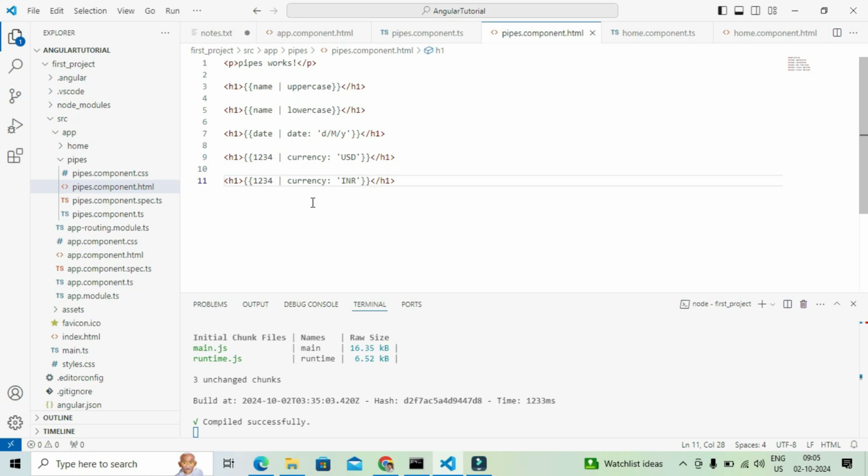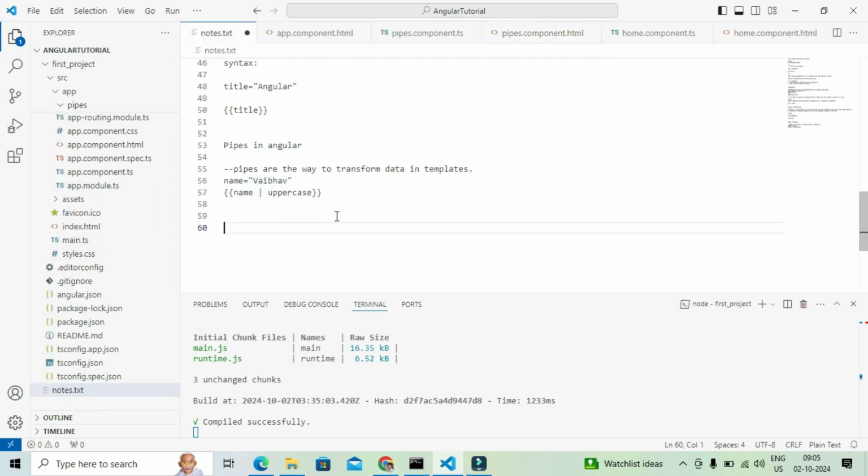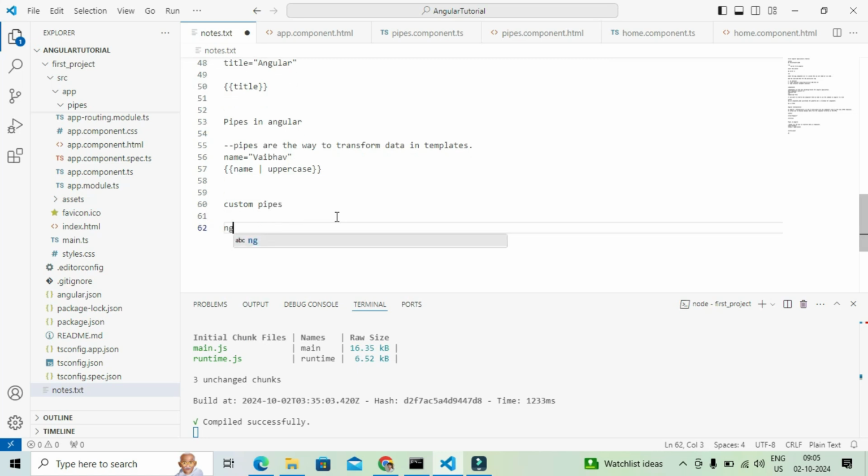There is another way: you can use custom pipes as well, as per your convenience. We can create that using ng generate pipe and the pipe name.